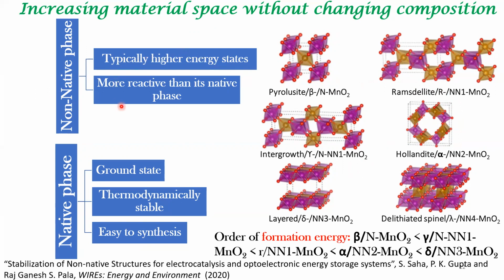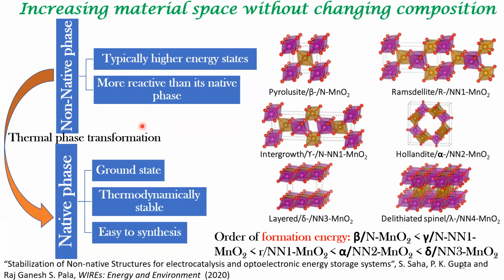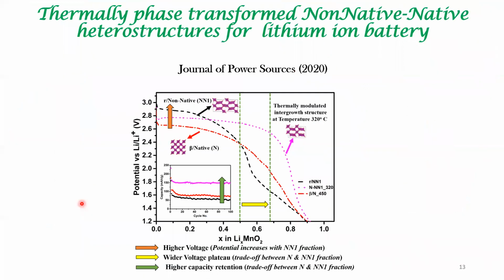Supposing you are able to synthesize the non-native phase of, for example, in this case, MnO2, because they are higher in energy, when you heat the structures, they naturally will get converted to the native phase. You can modulate this thermal transition and arrest the transition in between before the complete conversion to the native phase. And that is an approach to forming a heterostructure. Using such a heterostructure, we can